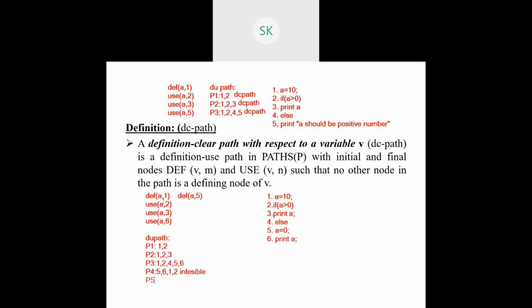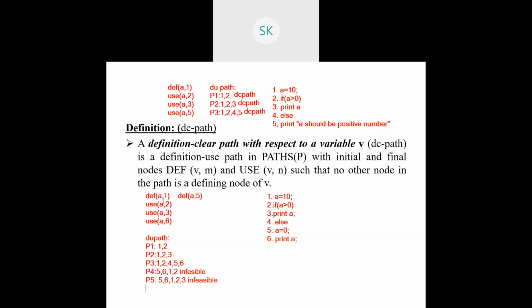Similarly, with respect to P5, if you identify it, what is the definition node? The definition node is 5, and it says that you need to traverse back to 3. So which is a reverse operation, 5, 6, 1 if it can traverse, 2, 3. This is highly impossible to have. So this is also infeasible. You cannot imagine such a type of values that you can give.